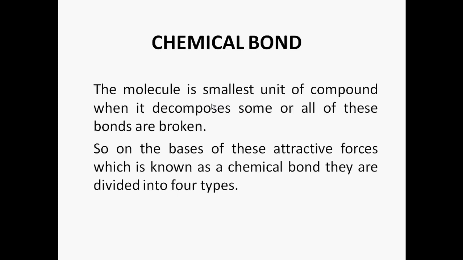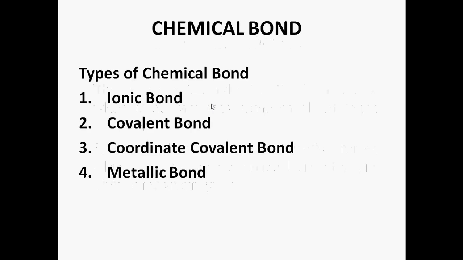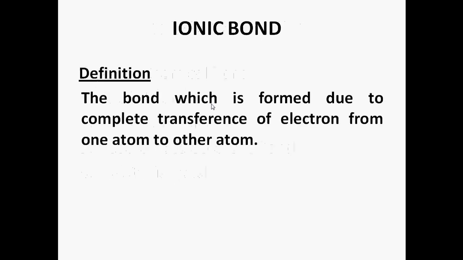So on the basis of these attractive forces, which are known as chemical bonds, they are further divided into four types. These types of chemical bond are ionic bond, covalent bond, coordinate covalent bond, and metallic bond. Now our topic, that is ionic bond. The bond which is formed due to complete transference of electron from one atom to another atom is known as